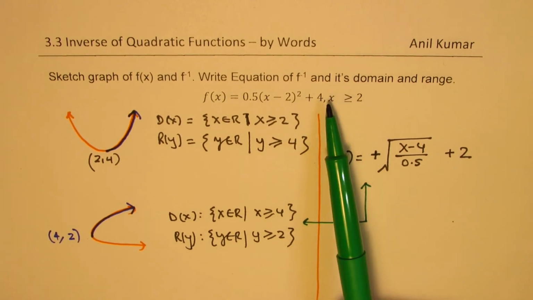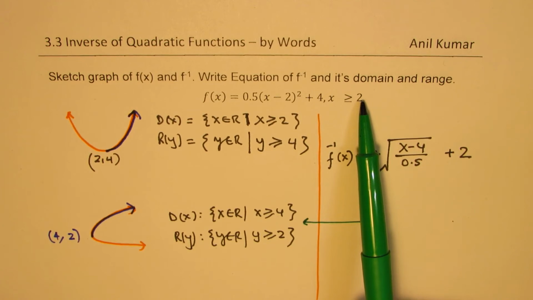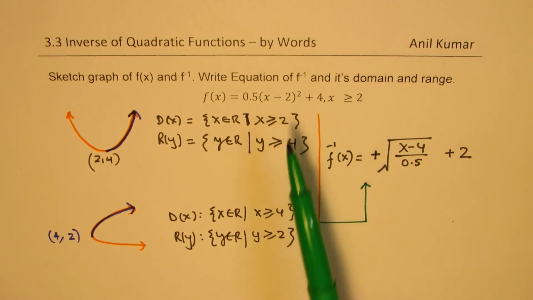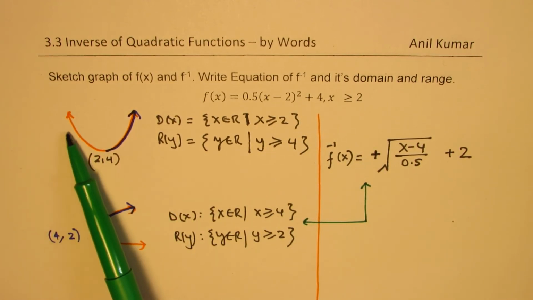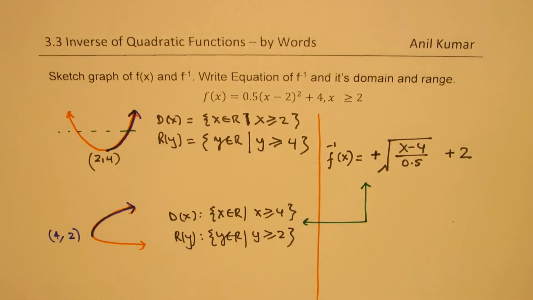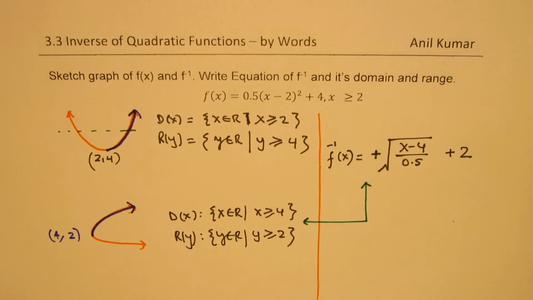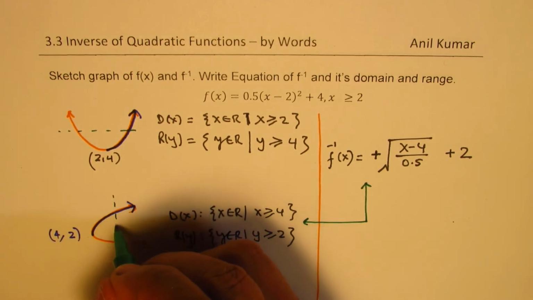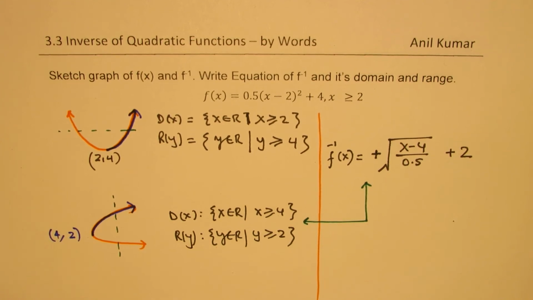When the domain is restricted, in that case, inverse is a function. Since now, if I draw a horizontal line, it only cuts at one point, not two. So the horizontal line test passes. And therefore here, for the inverse, the vertical line test passes, it becomes a function. Perfect? The last example for you is